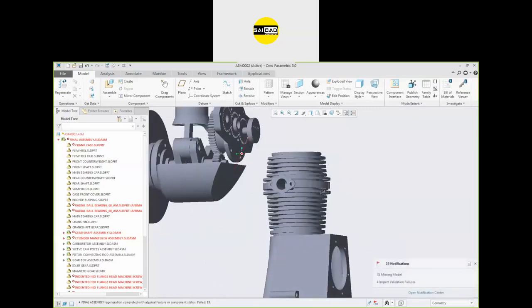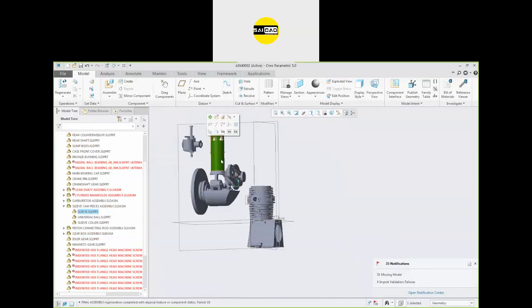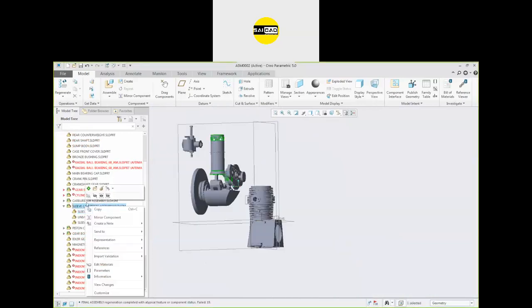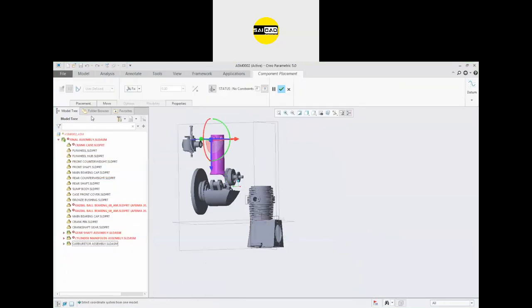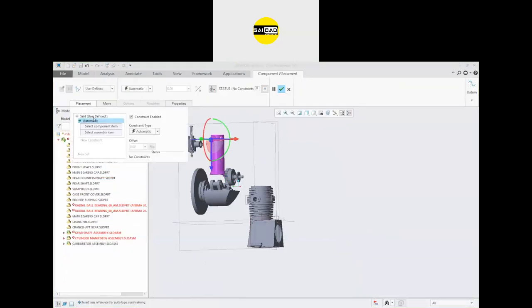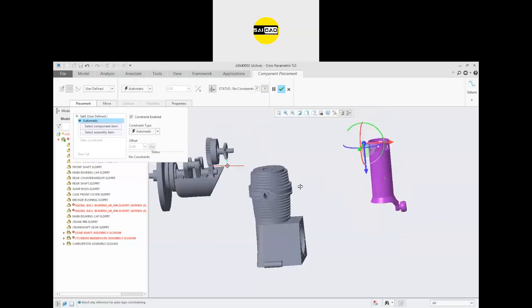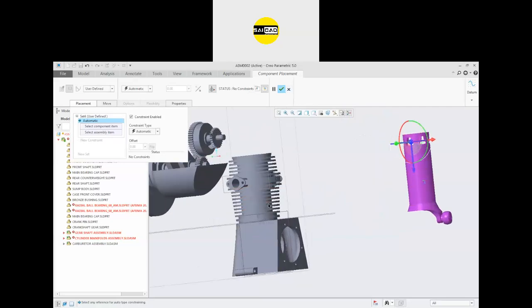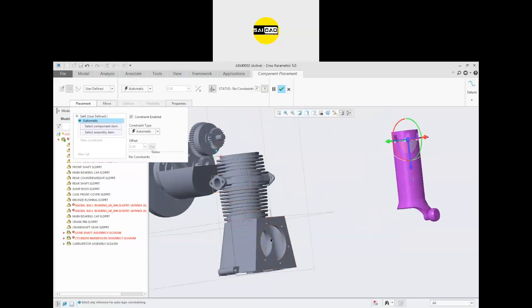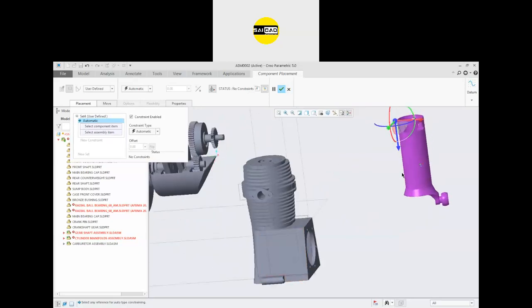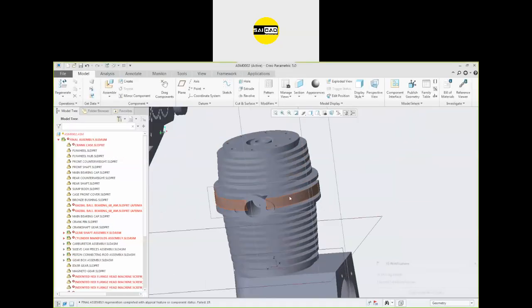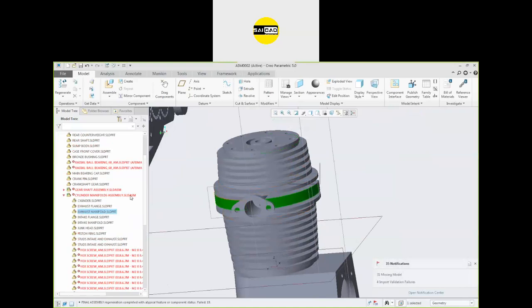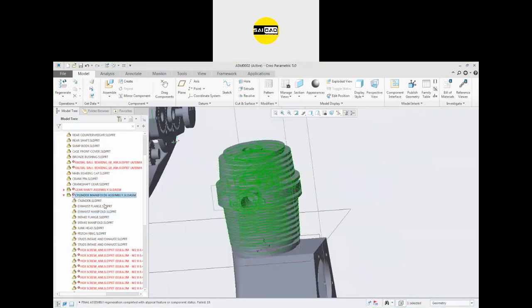Next we have to define that this sleeve should be added. So go to the edit, define the placement, first delete and define the placement according to it. I'm just going to first insert this sleeve inside this part. I just have to hide this component. Select the face, or press escape. I want to hide this component. Select the component. This is the exhaust cylinder.